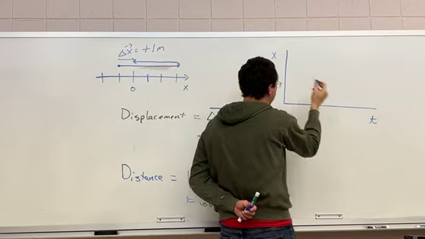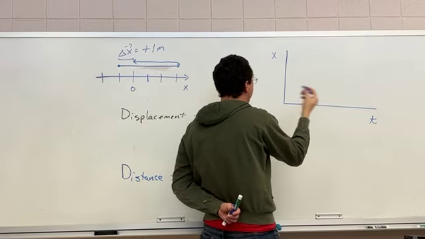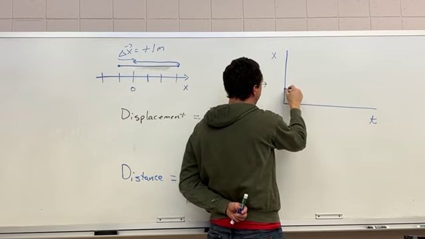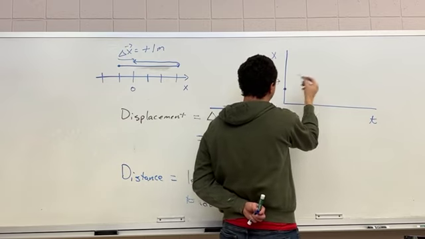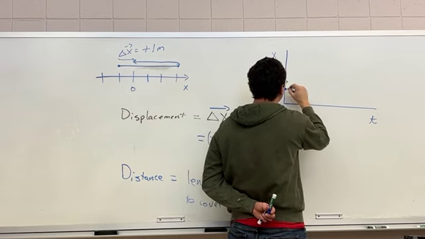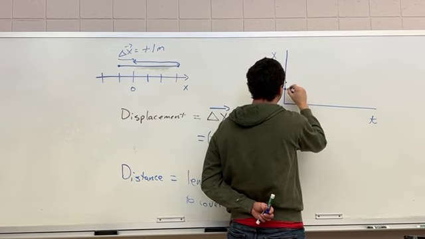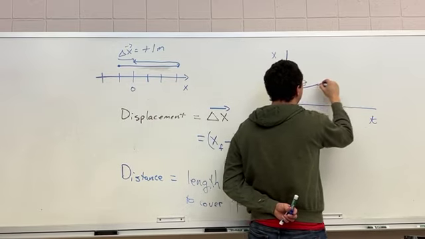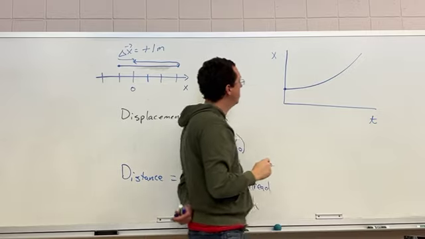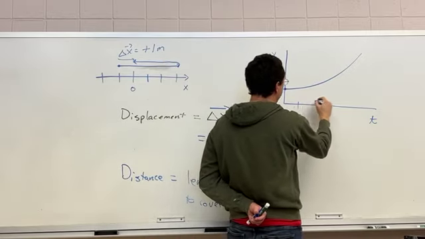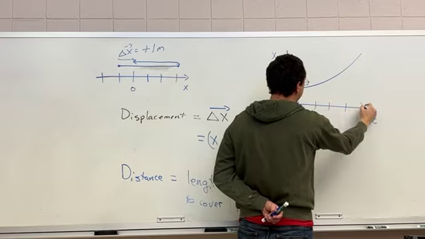At time 0, we have some initial position, and then it could be any path, right? So if I mark out 1 second, 2 seconds, 3 seconds, 4 seconds, 5 seconds,